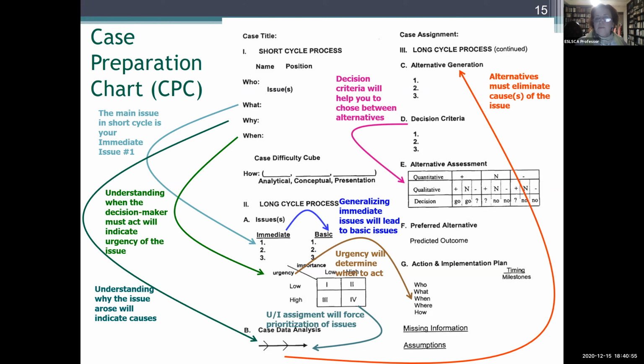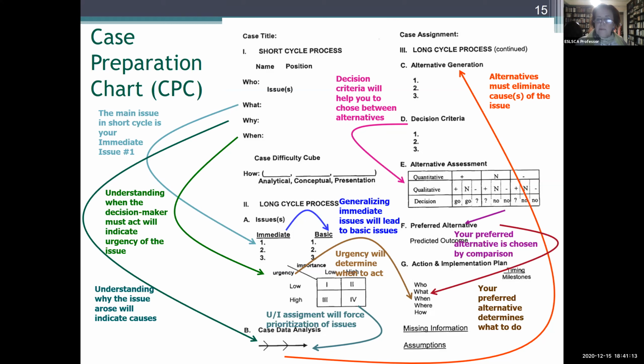And then you do a simple mathematical calculation, which identifies which best alternative you can propose for the issue at hand. This will be your preferred alternative. And your preferred alternative is the one that you implement, so create an implementation scale. And also, you should think about the missing information. Of course, in all cases, they have missing information. And for missing information, you need to create assumptions and state them explicitly.